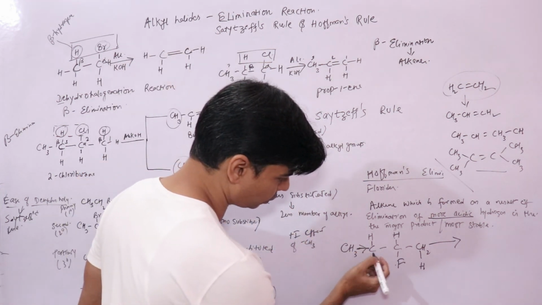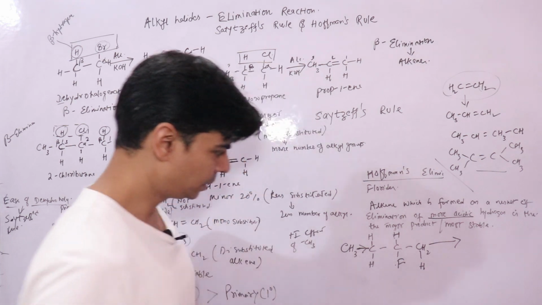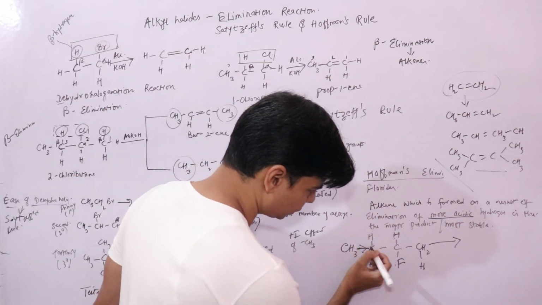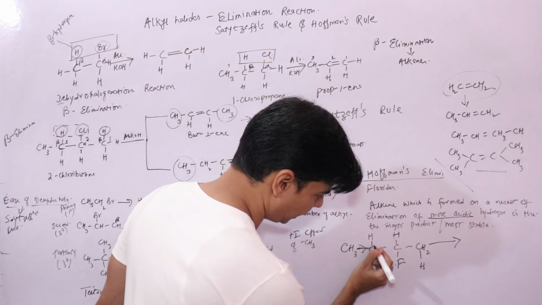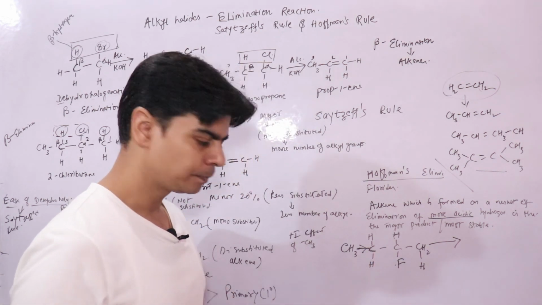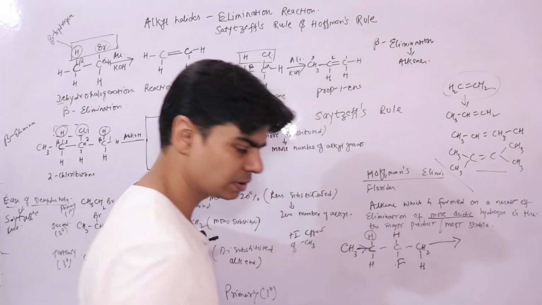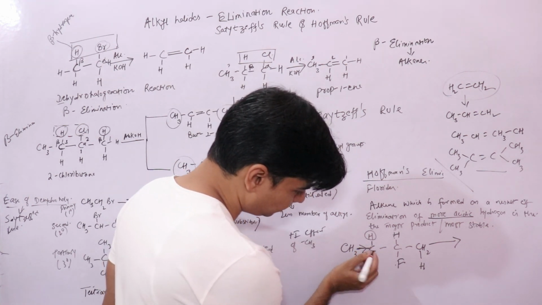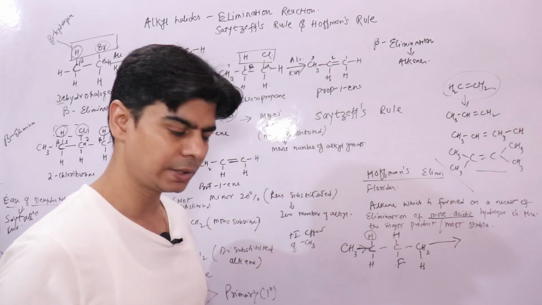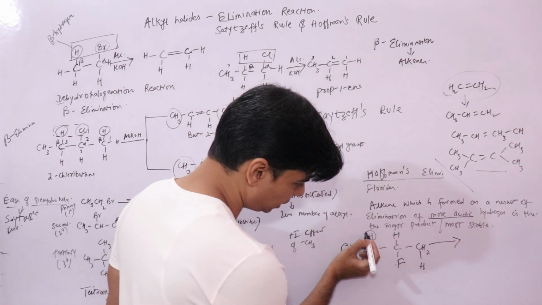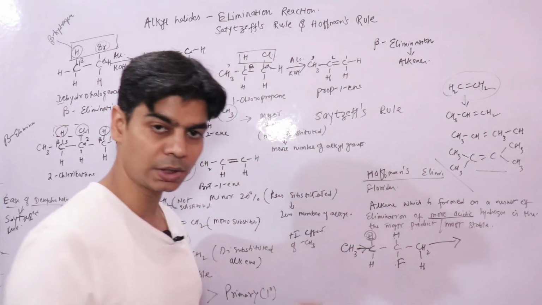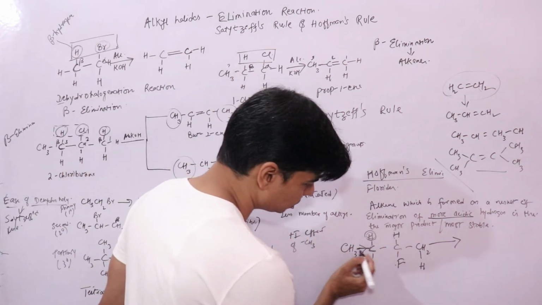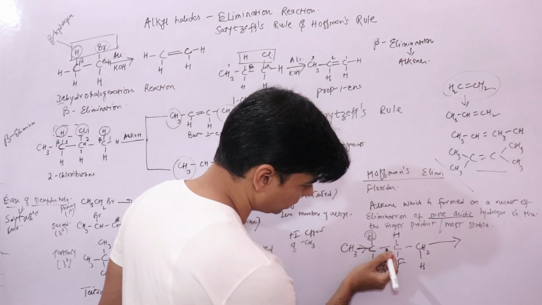It will release electrons to this carbon atom, so you have more electron density on this carbon atom, and this we know is a proton-bearing hydrogen atom. So you have more electron density on this hydrogen atom, due to which it will hold this hydrogen atom more tightly, and since this is electron donating,